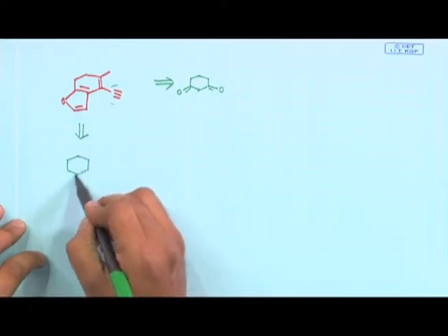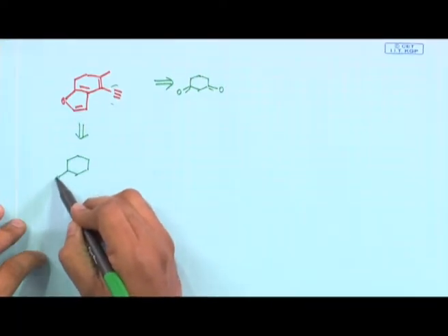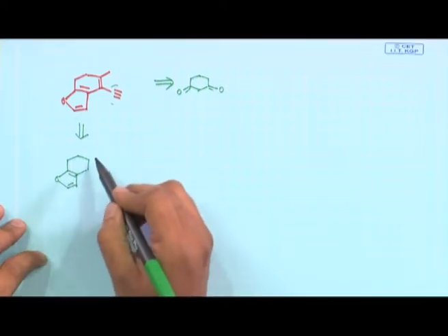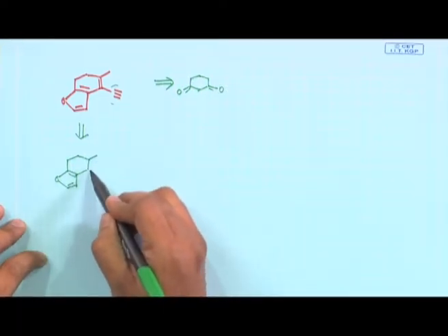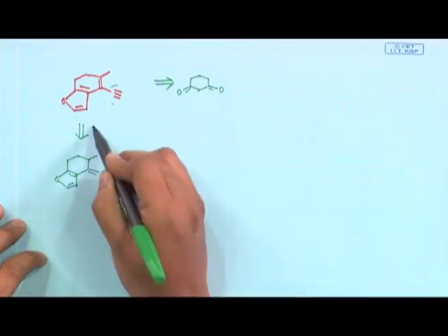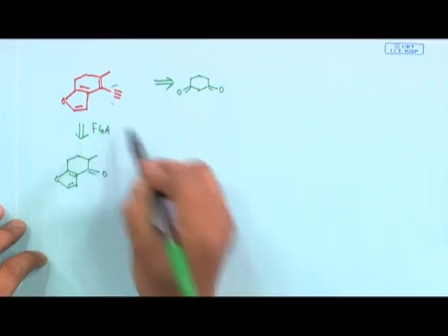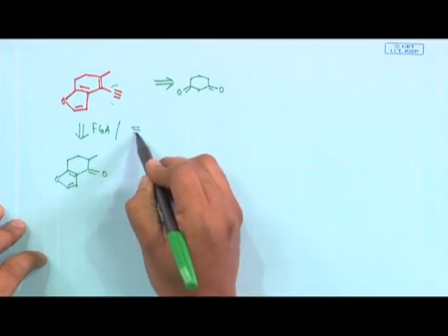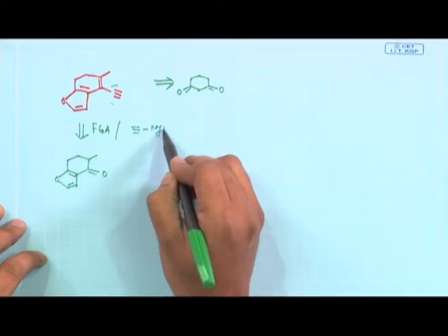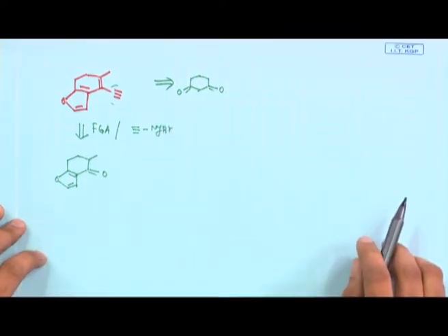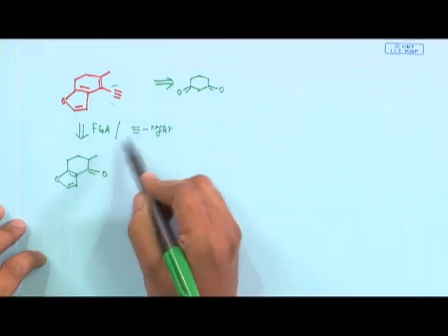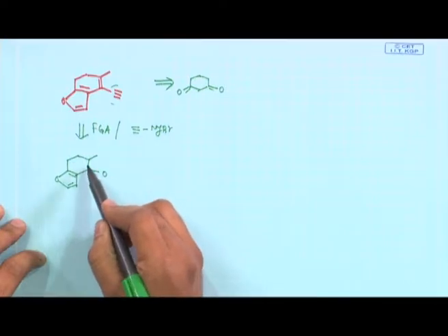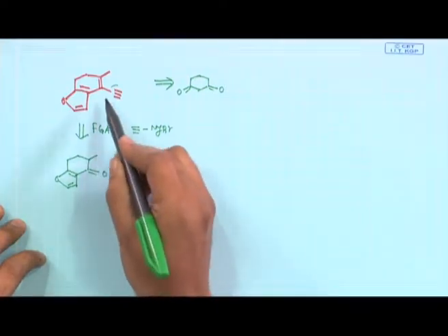So, first we will be doing a functional group addition, keeping the furan part similar, and we say these compounds can be made in a functional group addition way, where you will be using an acetylenic magnesium species which acts as a nucleophile. This nucleophile attacks this carbonyl, you get an OH and this alkyne, then you do a simple 1,2 elimination here to get the target molecule.